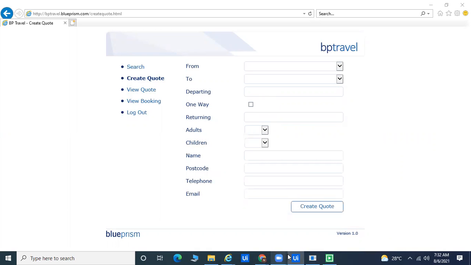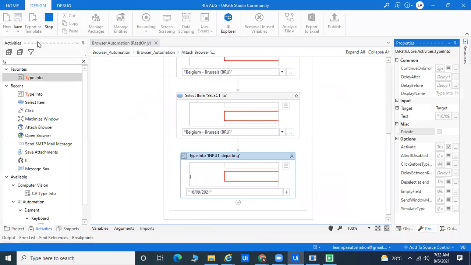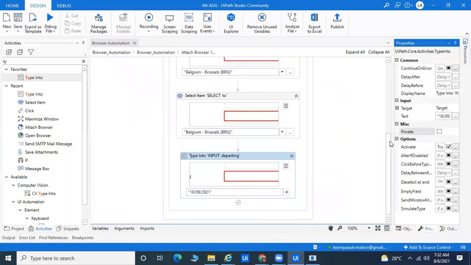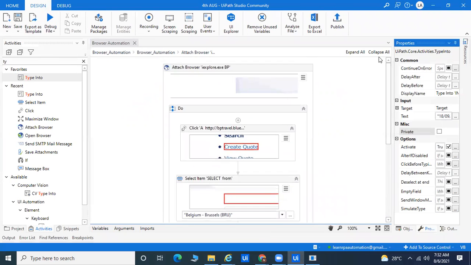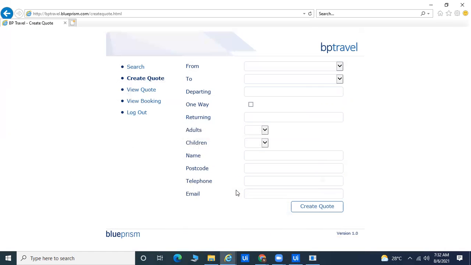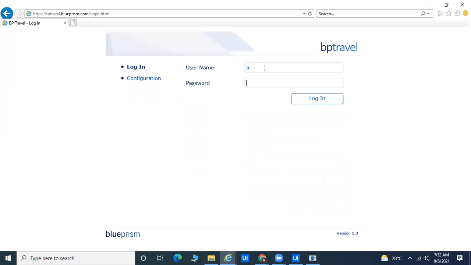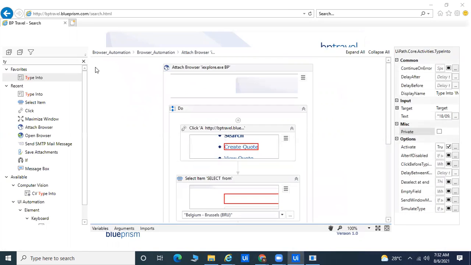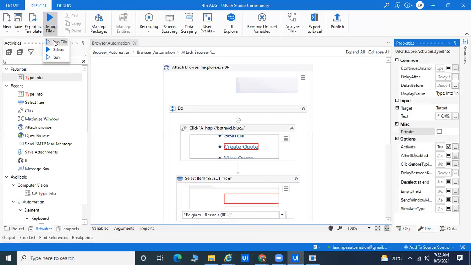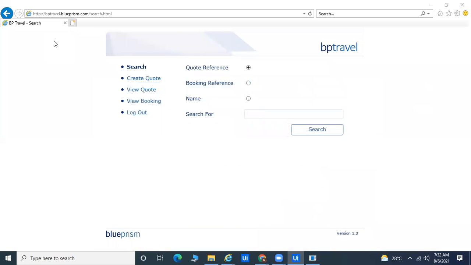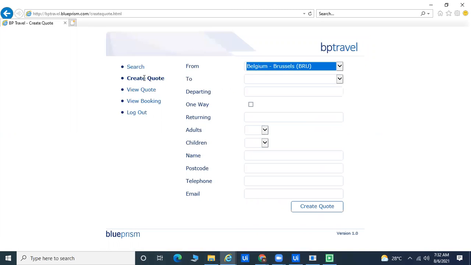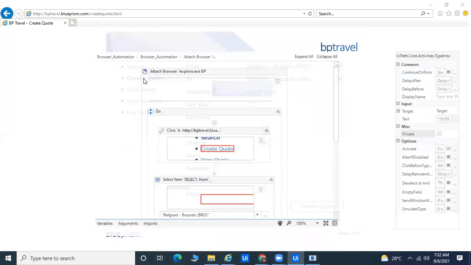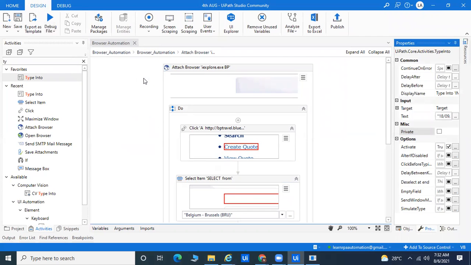Please wait a second. Right now you can see it's working fine.